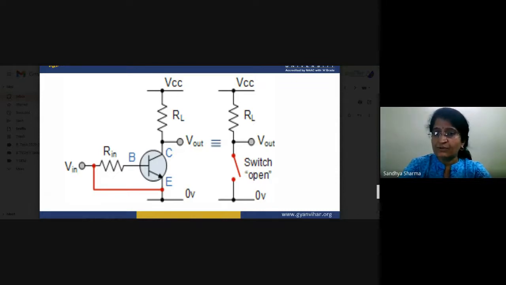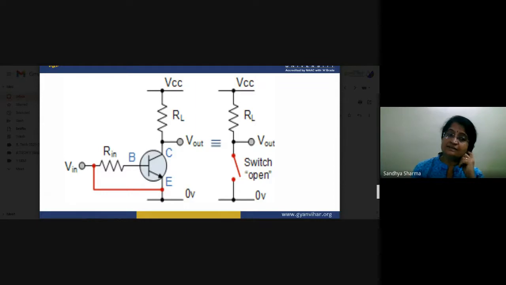So in this whole process, what features do we have to study? First of all, we have to focus on the basic construction of the transistor. Construction features means the width of the base, width of the collector, width of the emitter, and the amount of doping you choose in the base and in the collector. These are the basic construction features we keep in mind when designing a transistor.